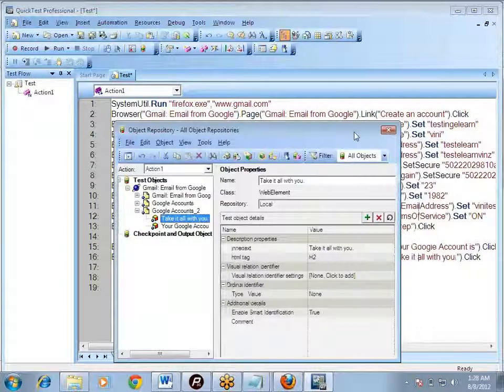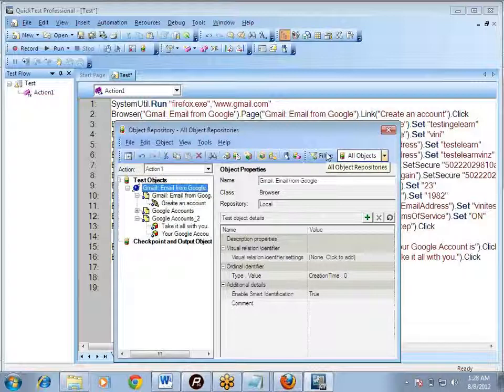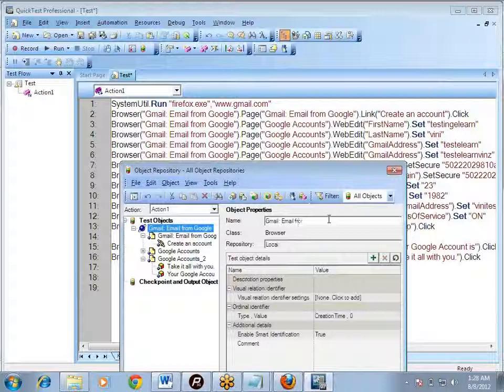Now, next thing is, suppose this is the name of the object. I don't like the name of the browser. I don't like the name of a particular object which QTP is writing for me. I want to make them more user friendly. Then I can change the name of the object. And the beauty is, whenever I change the name of the object, suppose I write here Bro for browser, and as soon as I press the enter key, the name of this browser gets changed in the script also.